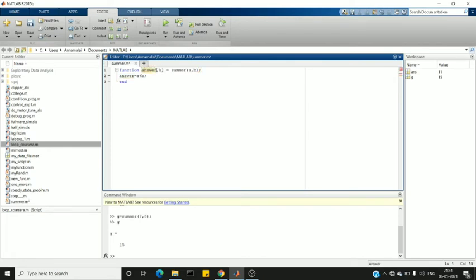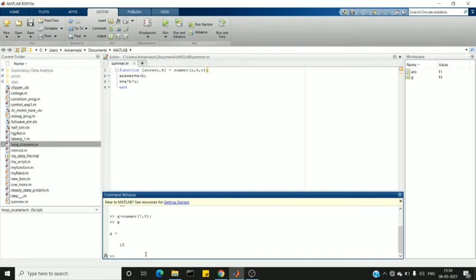While declaring more than one output argument, we have to mention them inside square brackets, and for input arguments we mention them inside parentheses. Next is my third variable c. Next, k equal to, we'll go for multiplication: a multiplied by b multiplied by c.